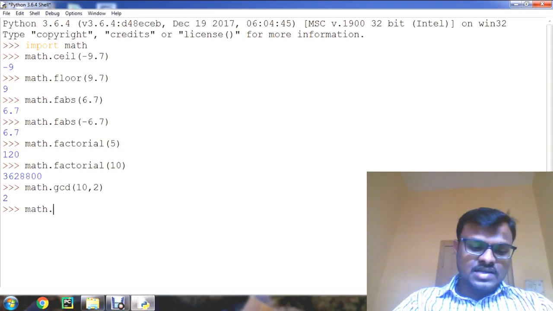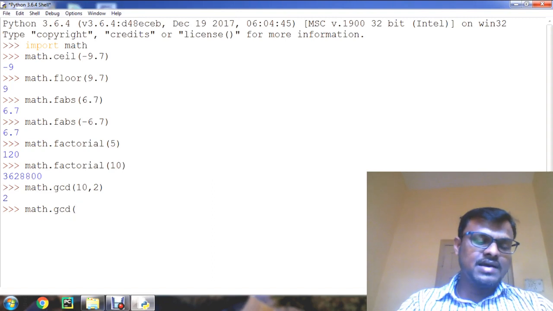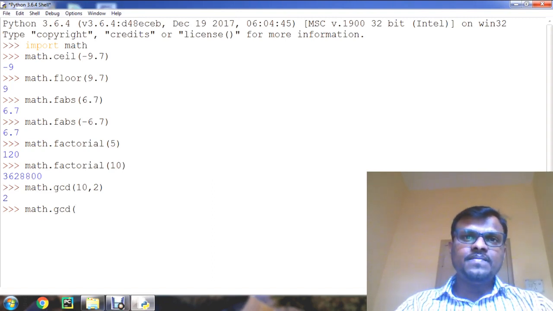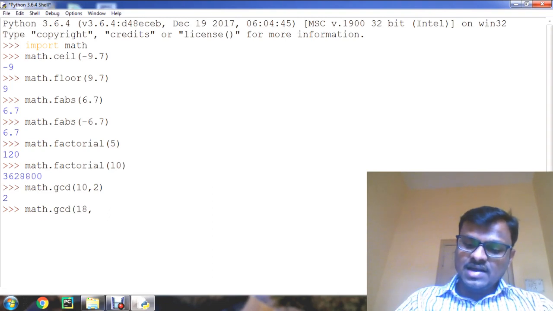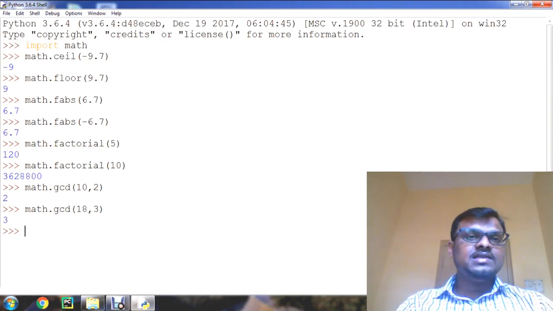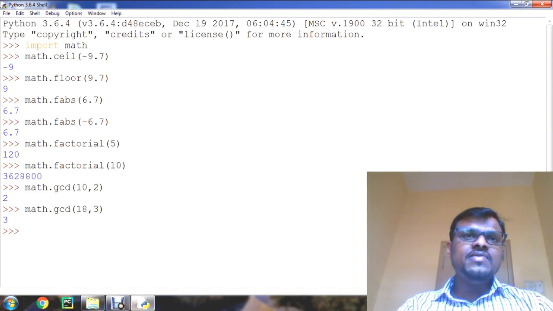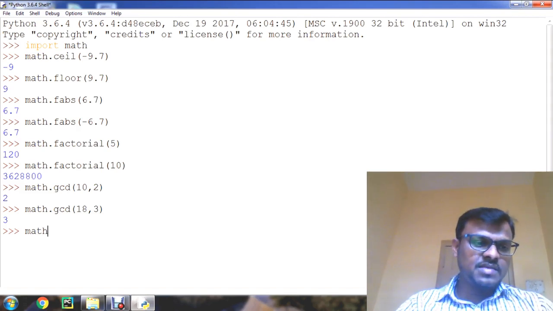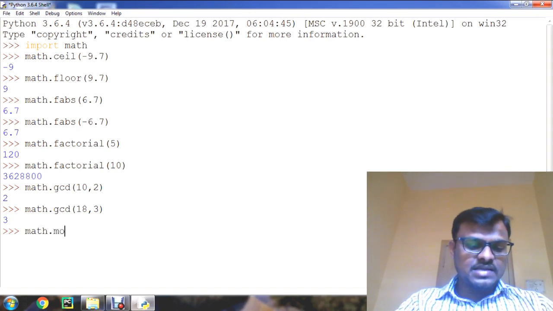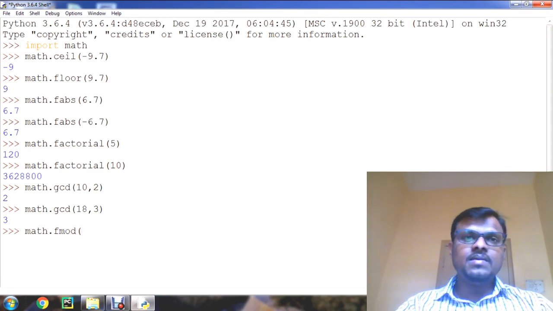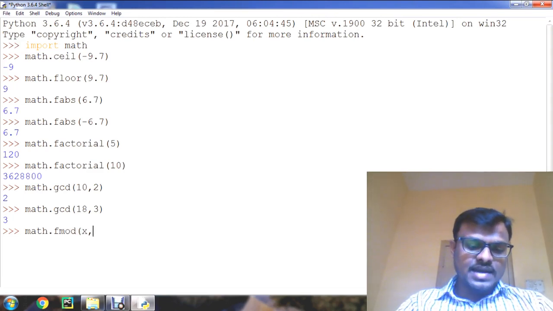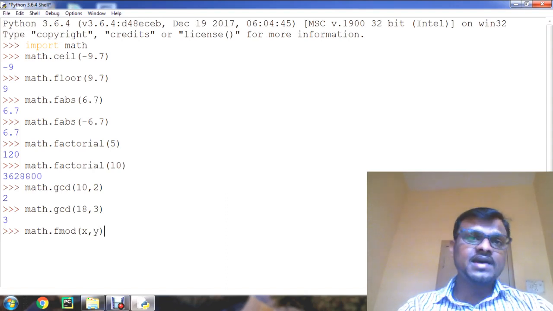Same way, let us see another example for GCD. Any example we can take, 18 comma 3 I am going to give now, so that is 3. Understand? So like this we can make use of the GCD function in the math module. And we have another function in the math module, that is fmod. We know that modulus, to find out the modulus, we can use fmod. So here x comma y are the arguments,